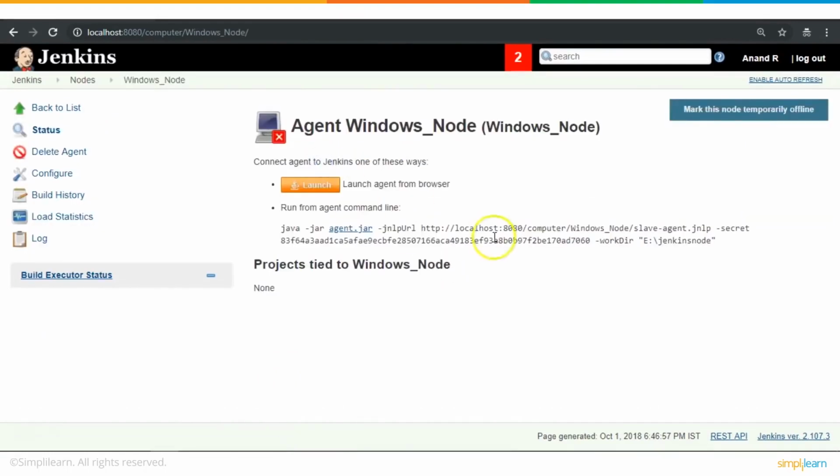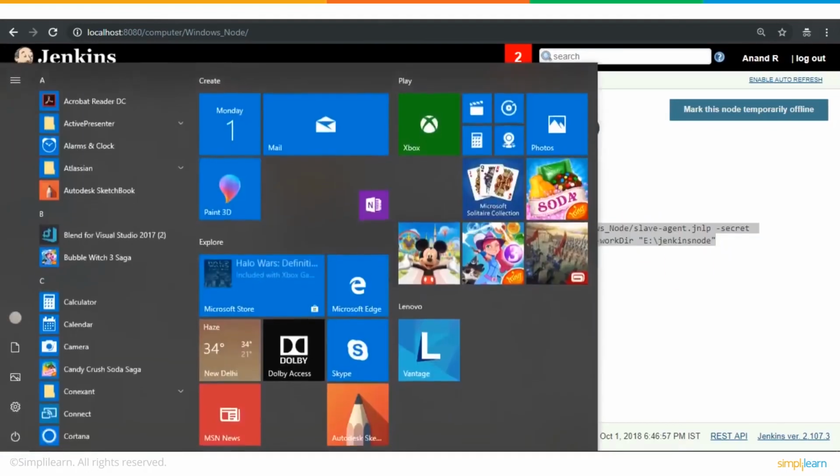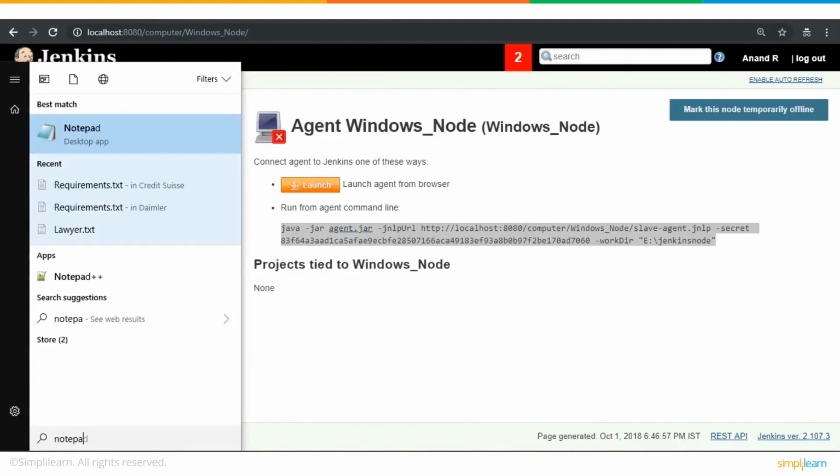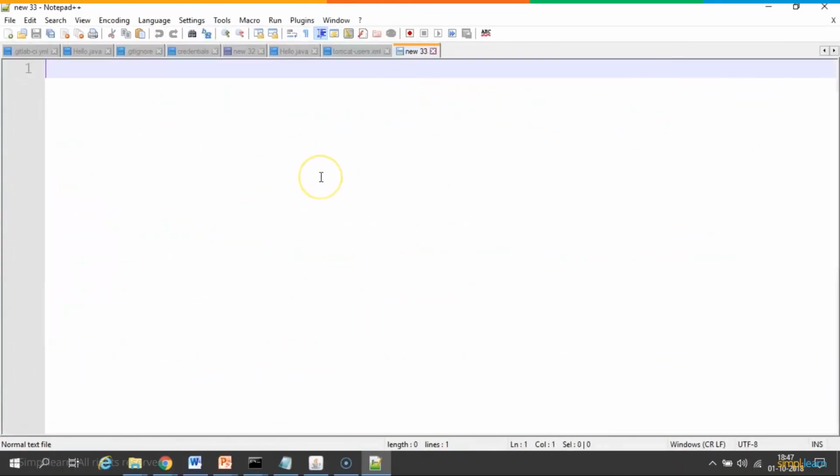So if I click on this node, I get a bunch of commands along with an agent.jar. So this is the agent.jar that has to be taken down to the other machine or the slave node. And from there, I need to run this along with a small security credential. So let me copy this whole text here in my notepad. Notepad plus plus is good for me. Okay, I copy this whole